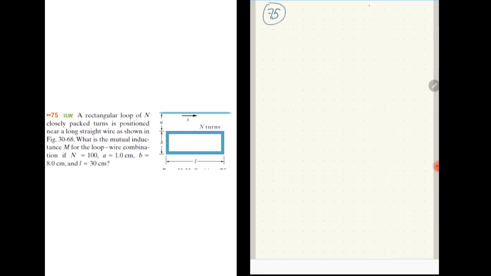So, in order to determine the multi-inductance, we may remember that the definition of the multi-induction, in this case where there are N spires, is the factor N multiplying the magnetic flux across one of these spires divided by the current, which is responsible for the variation of the flux in that spire. Another thing we could do, which is actually the same thing, because in any of these approaches we have to determine the magnetic flux,